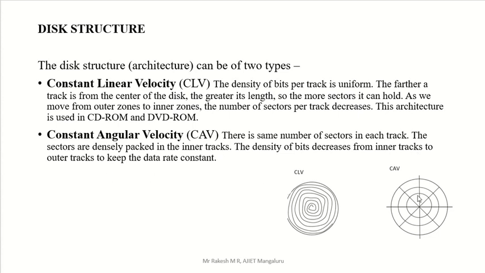So here the density is small. You can see we have the same number of sectors in each track. You can see the outer track: 1, 2, 3, 4, 5, 6, 7, 8. Eight sectors are there in the last track. Here in the inner track also 1, 2, 3, 4, 5, 6, 7, 8. So in total eight sectors are there in the inner side also. So we have the same number of sectors in the outer edge and the inner track. That is the comparison of CLV and CAV.